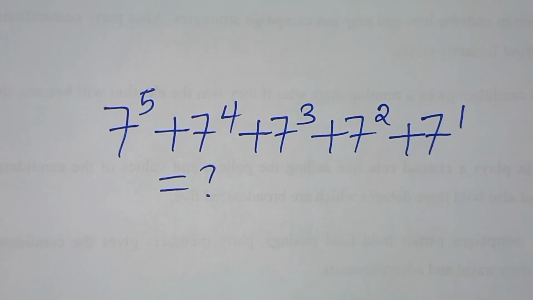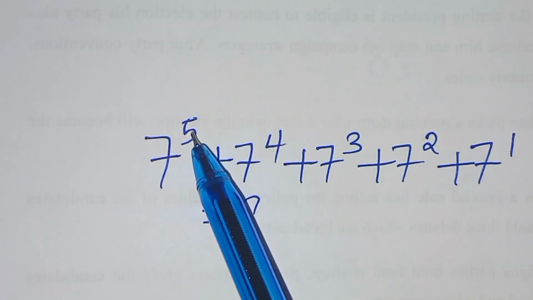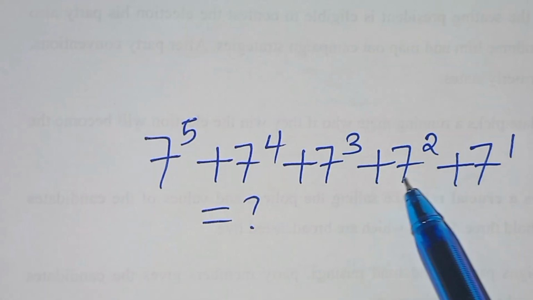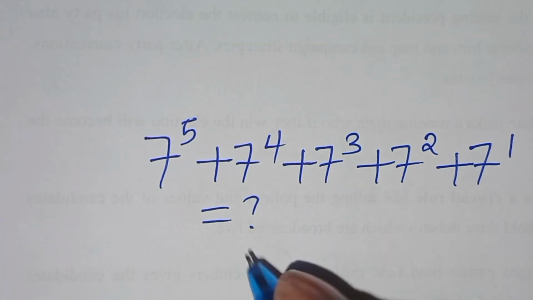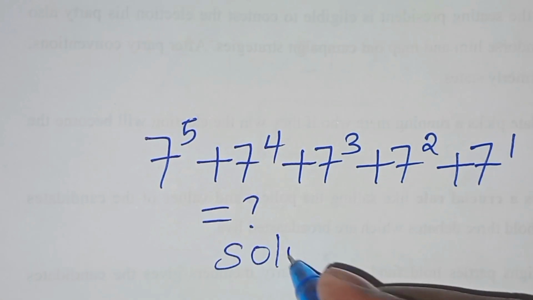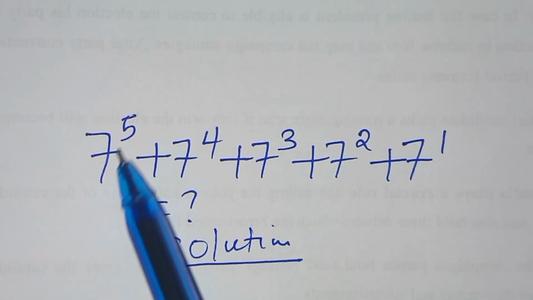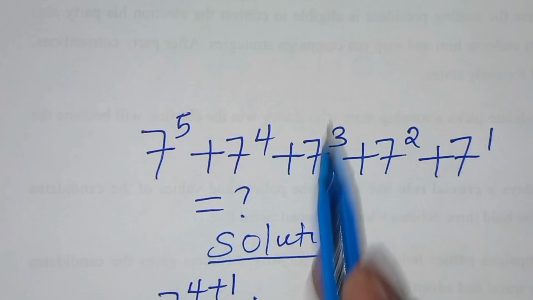Hello everyone, you're welcome to simplify this math problem, which is 7 to power 5 plus 7 to power 4 plus 7 to power 3 plus 7 squared plus 7 to power 1. So, solution from here, we can express 7 to power 5 as 7 to power 4 plus 1, then plus 7 to power 4,